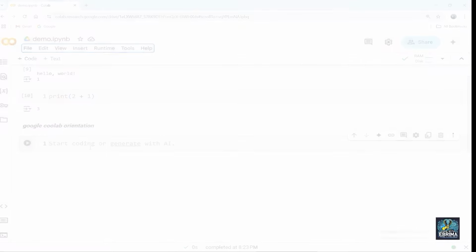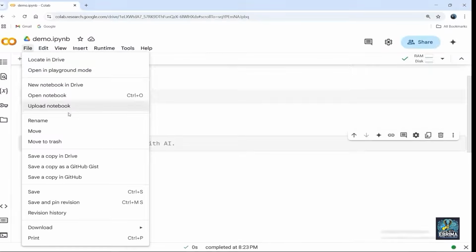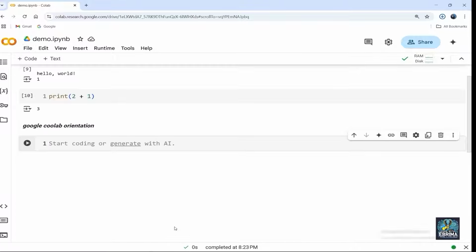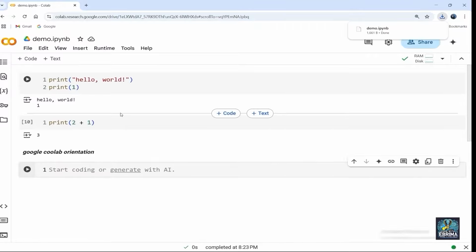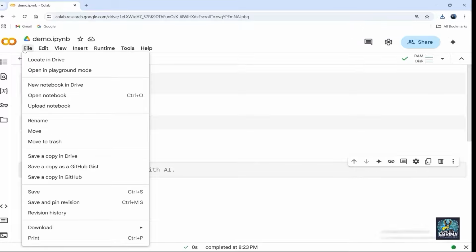All right, so this is very important. All right, let's go ahead and go back to our file again, and maybe let's say this time we want to download the extension. So you can choose any one of them. So let's say I want to download this one now here. Okay, so it's just this code that we've written here, that is what is going to be downloaded, and you can see it here, demo.ipynb. Okay, so if you want also, you can download it using the .py extension. Okay, so I can come back here again, and now you can see there are so many things here that could be done.